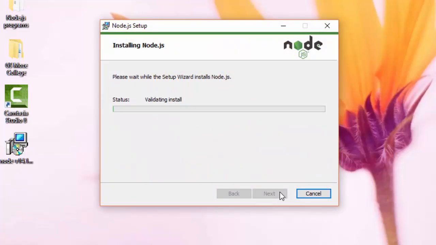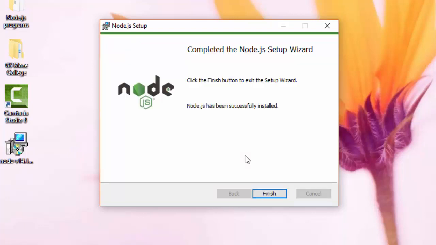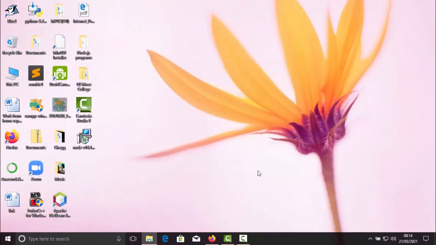Now the installation has begun. It is going to extract all the necessary files which are used for the installation. After the successful installation, just click on finish. Since Node.js has been successfully installed in the machine, click over here.